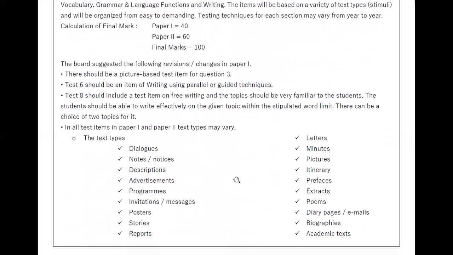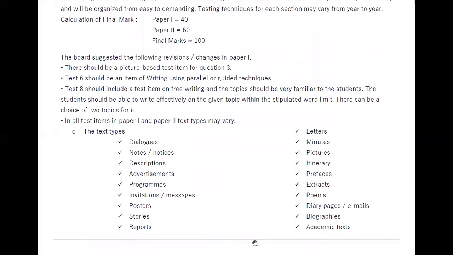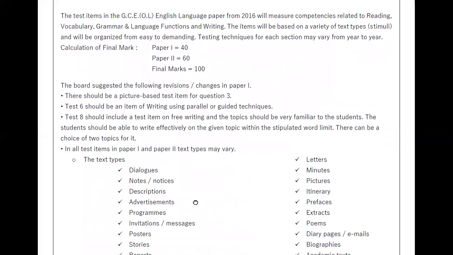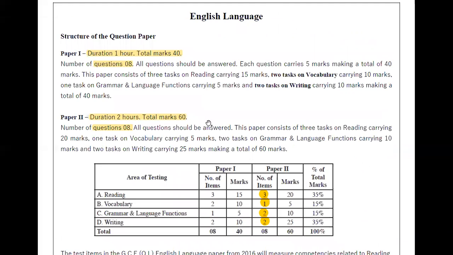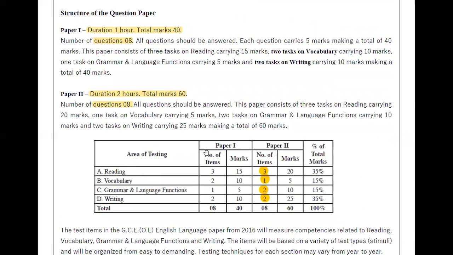Can we just move up a little bit, up. Okay, so if you can see,